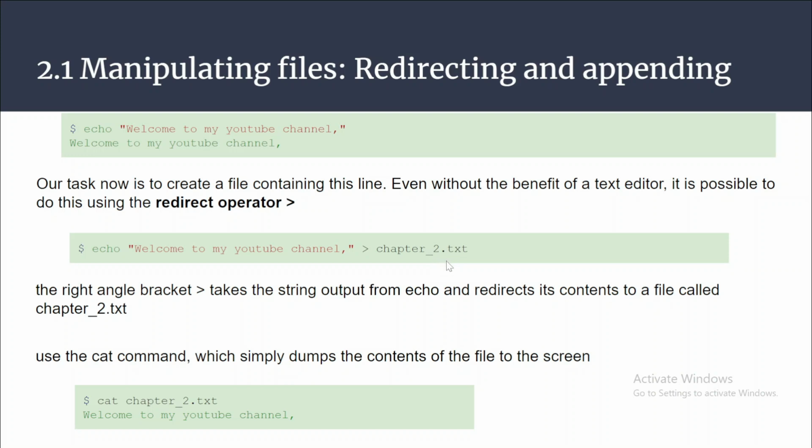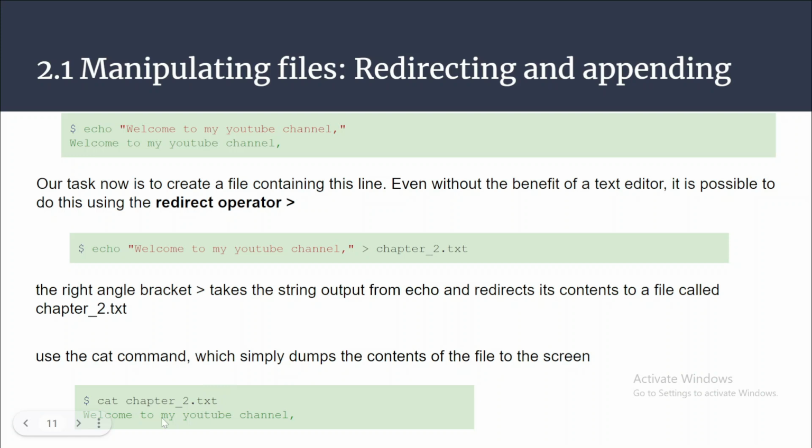So how can you validate that this particular portion is added in the chapter2.txt file? To do that, we have the other command, that is cat. The cat command is simply used to show the content of any file on the screen. Here you can type cat and the file name to see what exactly is in this particular file.